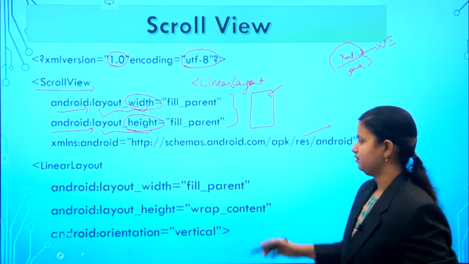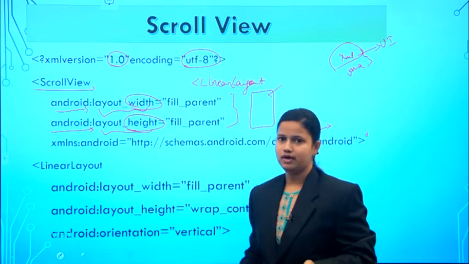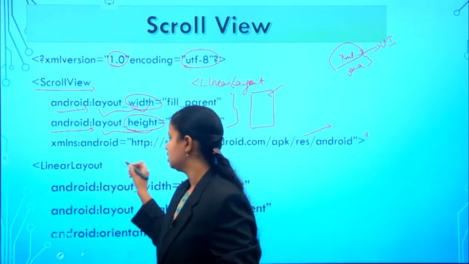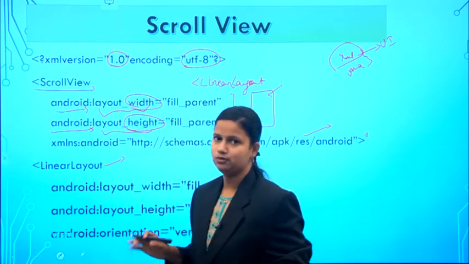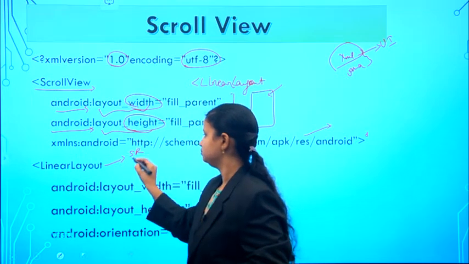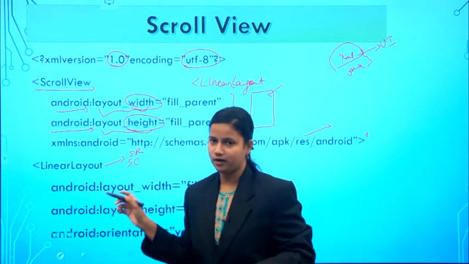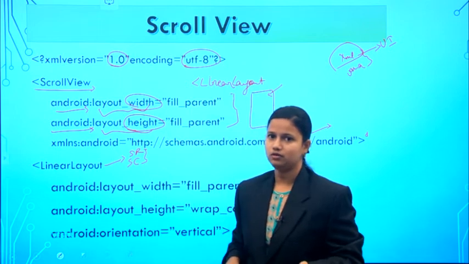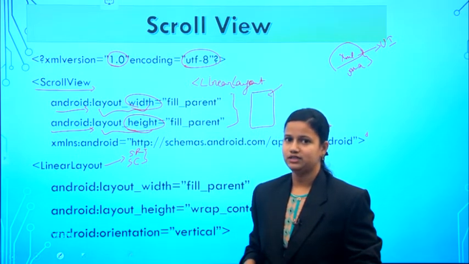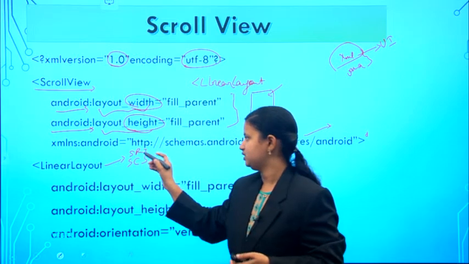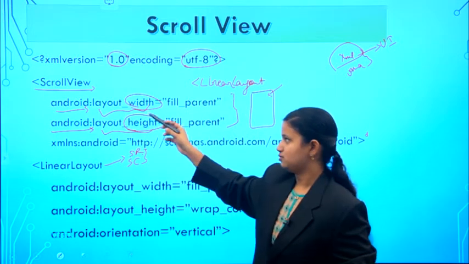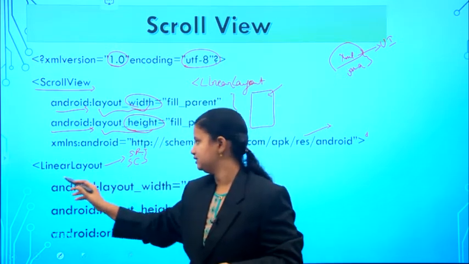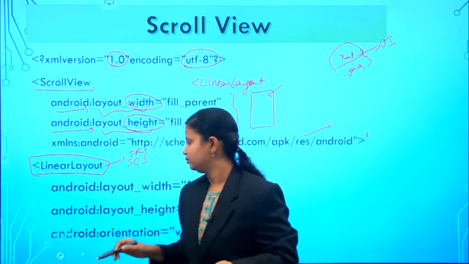Next, we have to apply a linear layout. We are using a linear layout for easy understanding of programming. Why? Because a linear layout arranges all your view group elements in either a single row or a single column. Based on the orientation property, it arranges in only these two formats: if the orientation is vertical or horizontal, it arranges a single column or single row format. So the scroll view is applied to the whole emulator design, and in that we are arranging a linear layout to arrange the view group elements.